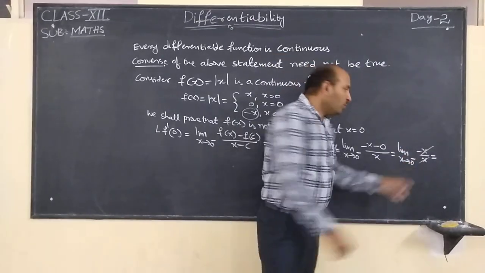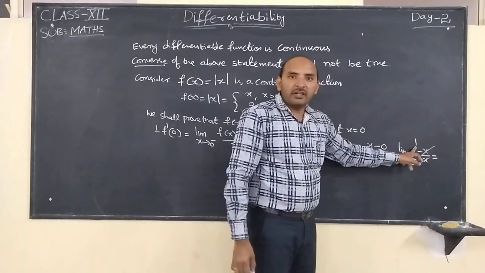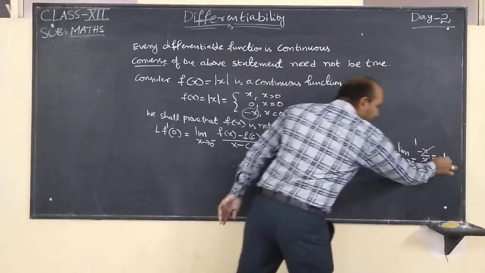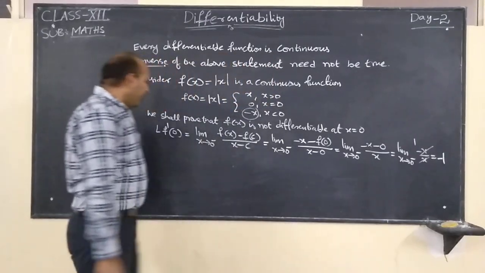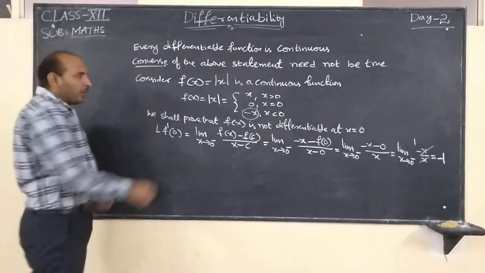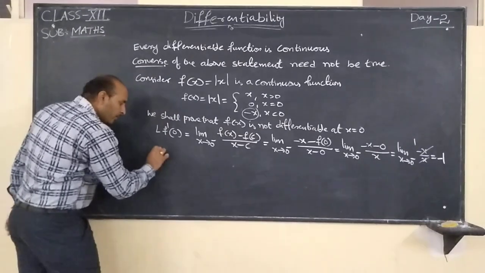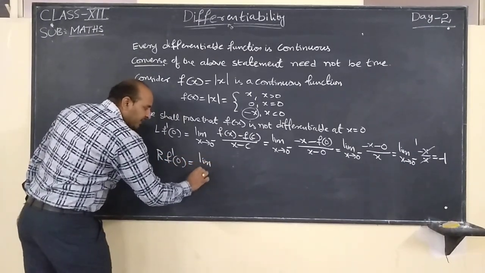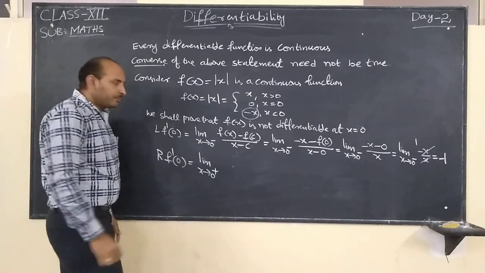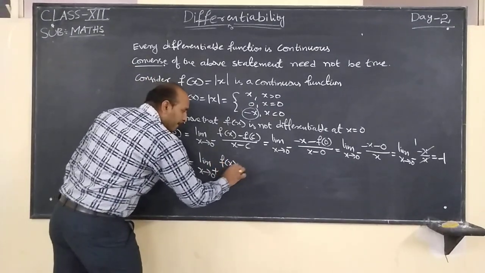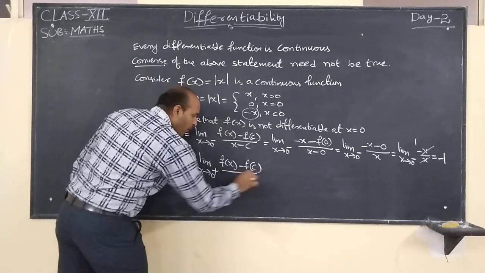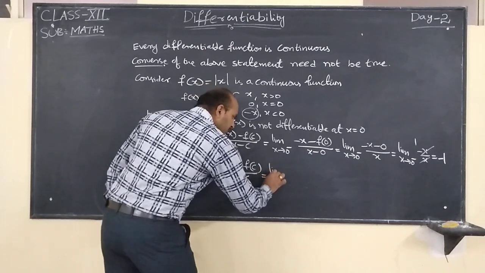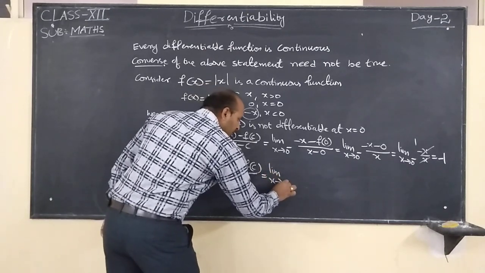This value is equal to 1. Limit of the constant value becomes 1 minus 1, it is minus 1. Next, coming to the right hand derivative value at the point 0. Right hand derivative f dash of 0 is equal to limit x tends to 0 plus [f of x minus f of c] upon x minus c, which is equal to limit x tends to 0 plus,